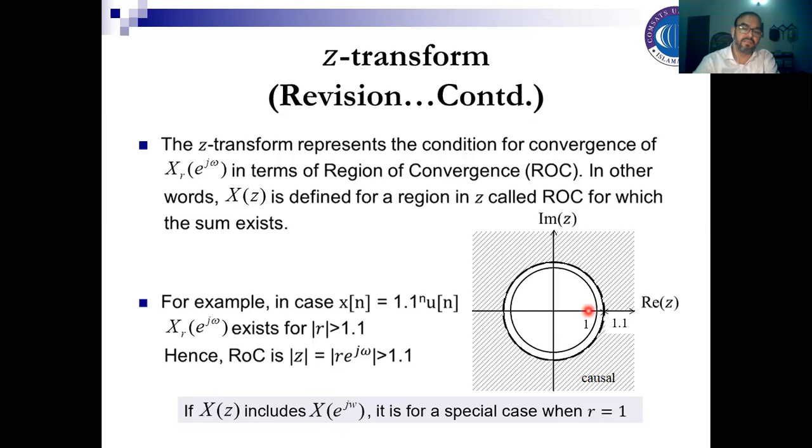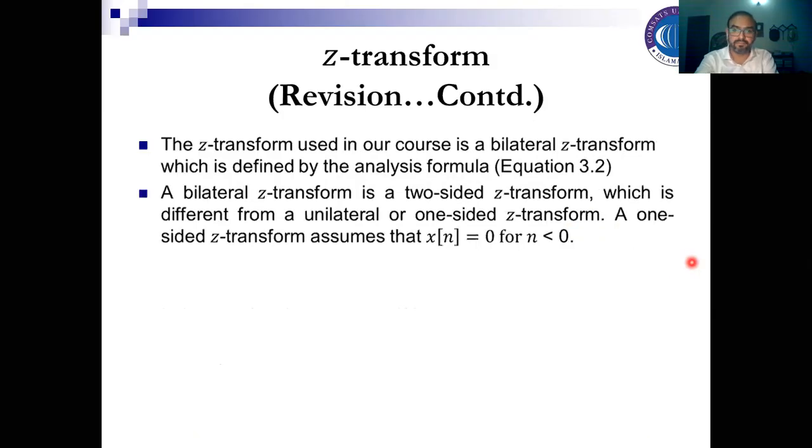But if, let's suppose, the pole lies exactly on the unit circle, in that case you would not have the Fourier transform. In the case of X of z, the Fourier transform. Okay,